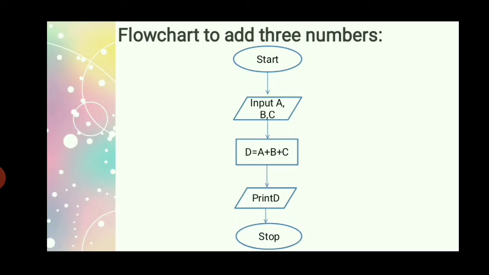Last time when you were doing the perimeter of a rectangle, so many students have made mistakes, but you have to think to take the input first. How many inputs do you want, like three numbers. In this flowchart we want three numbers as input. So I give names like variables.